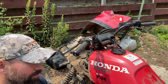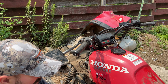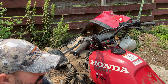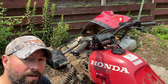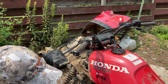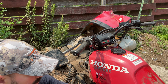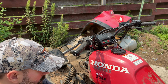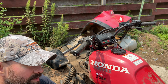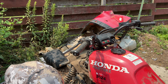The inside the petcock valve on these Honda 300s, I'm not sure if it's all of them, but they come with a built-in filter. So putting a fuel filter along with a new hose may not necessarily be necessary. You could replace the petcock valve and it'll serve just fine. But you do want to consider, if you replace the fuel lines, getting the correct size and the correct type. Nowadays, different types of fuel can erode your fuel lines. So you need 30R9, if I'm not mistaken, would be your best bet. So I don't know how much I need here. It's not very much, but